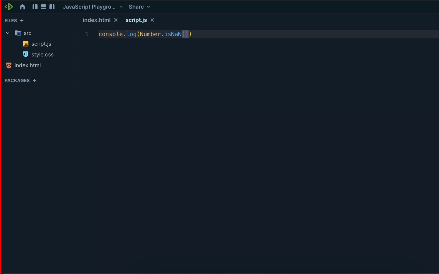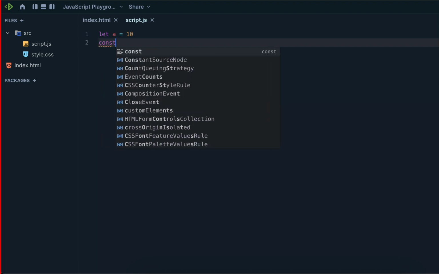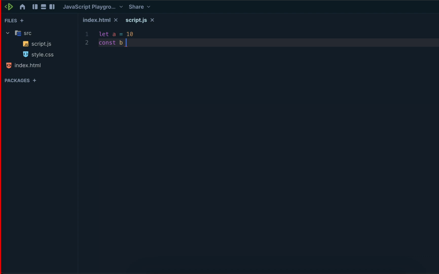Okay. After that, I have to ask something regarding this. I will add one more. Let a equal to 10 and const b equal to 20.